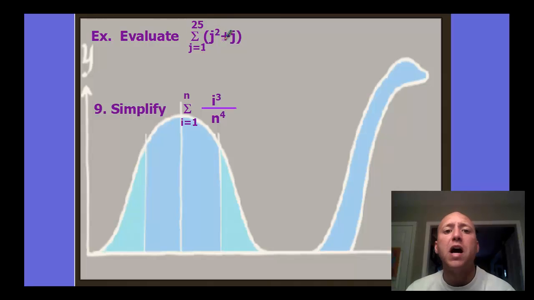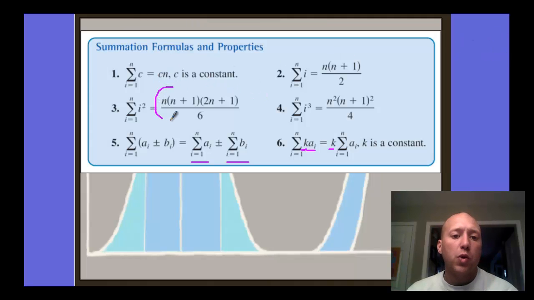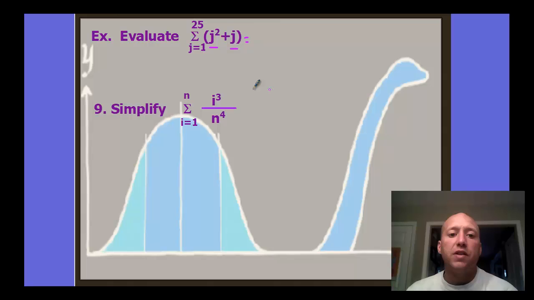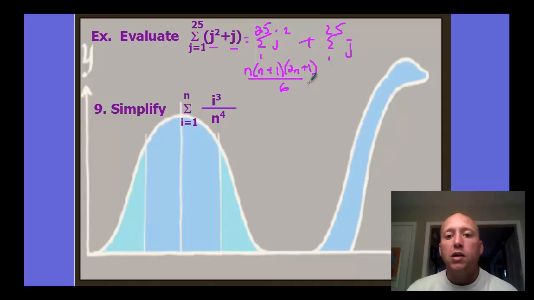So let's find the summation from 1 to 25 of j squared plus j. We can look at this as j squared and j, so we can look at our formulas. We have j squared would be this one, and then j is this one. Those are the formulas for those. So we can find the summation of each part: the summation from 1 to 25 of j squared plus the summation from 1 to 25 of j. The sum of j squared is n times n plus 1 times 2n plus 1 all over 6, plus the sum of j, which is n times n plus 1 all over 2,